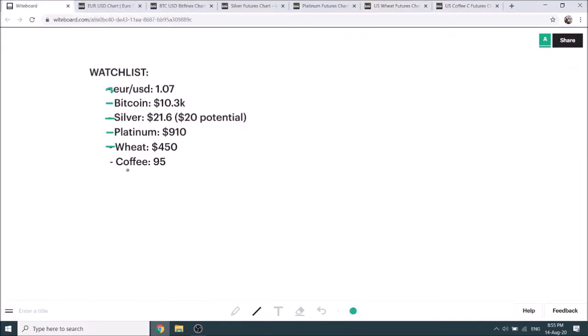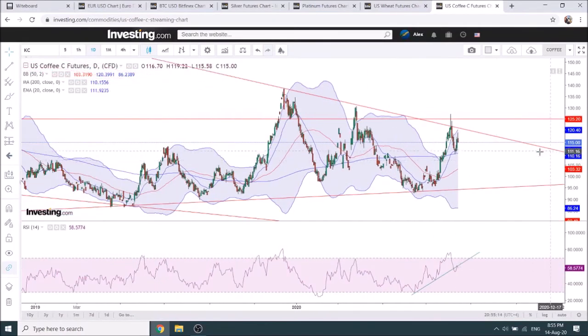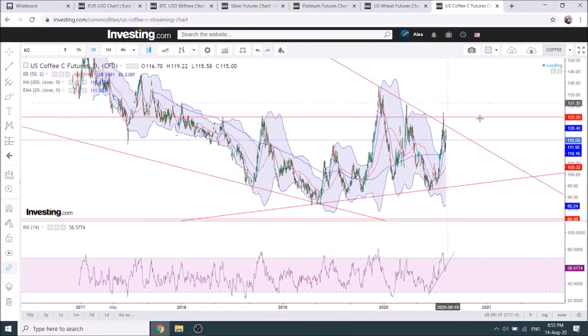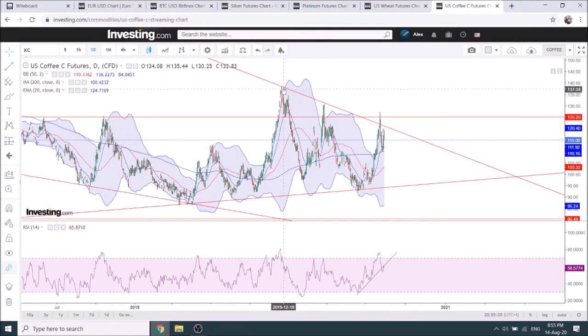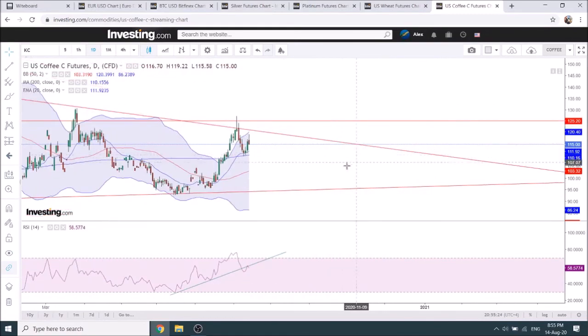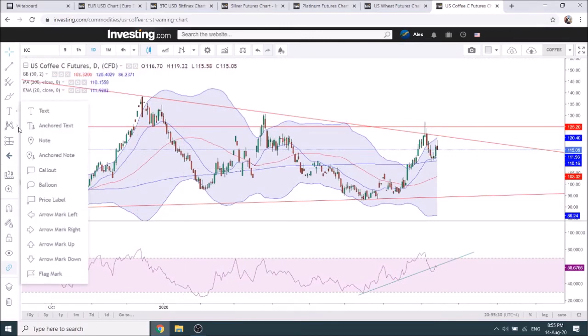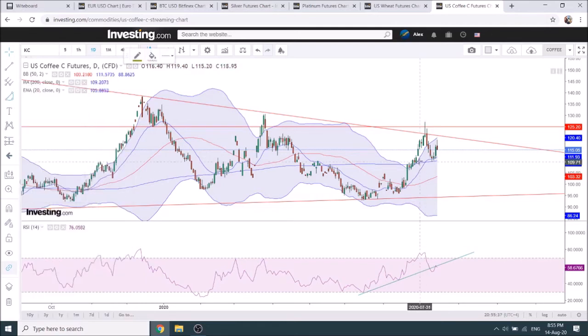also looking at coffee for long entry, still expecting the current move, as we are moving inside that large triangle here on the daily. We got one touch, another one here, and the third one recently with rejection. This is also some sort of an inverted cup and handle figure. Let me just get the right tool. Yeah, that's it. So as you can see here,